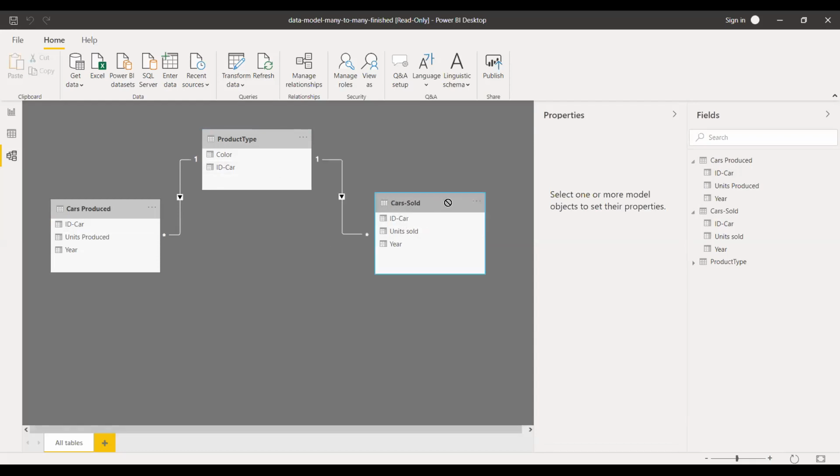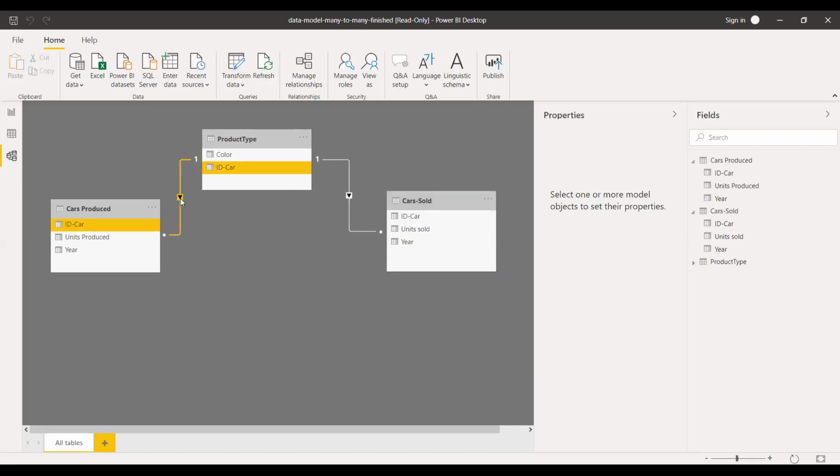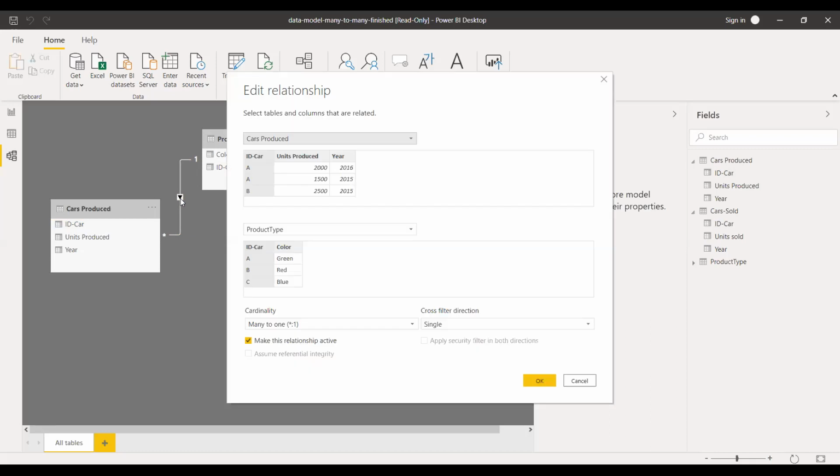So we have a 1:many relationship. We already studied these relationships. So we have linked product type with cars produced, and product type with cars sold. But we have not linked cars sold and cars produced. How do we do that? If you double click on this arrow right here, the edit relationship dialog opens.